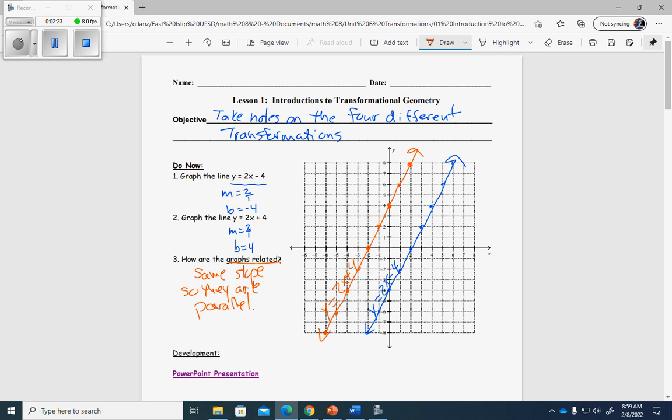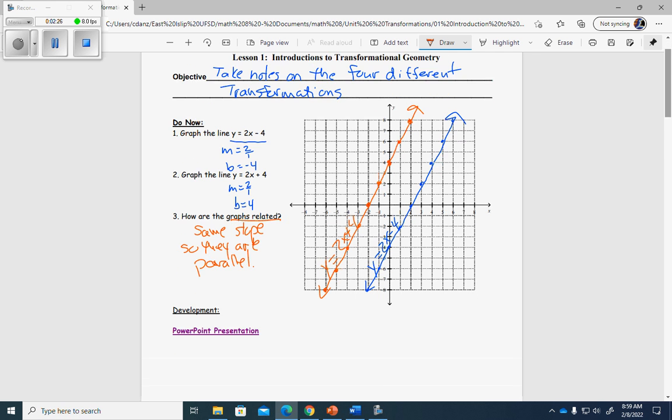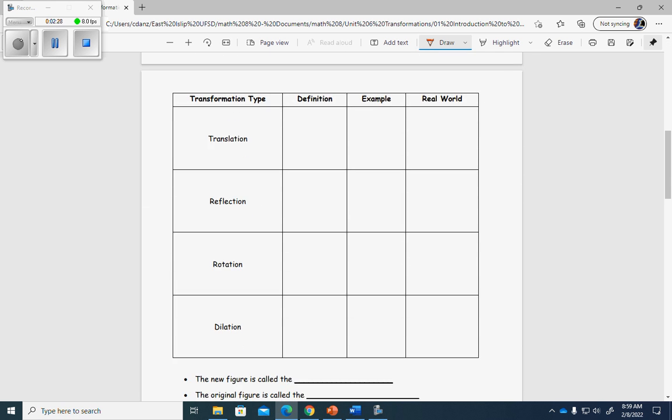So like I said, instead of doing the PowerPoint presentation, I'm just going to give you the notes that we would get from the presentation, and you can watch it on your own if you want to. A translation really is when a figure changes location. It slides from one spot to another. When it changes location, it's moving right, left, up, or down. I'm going to use the word slides,